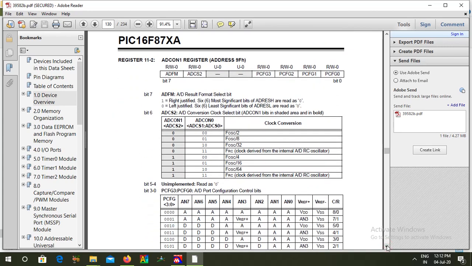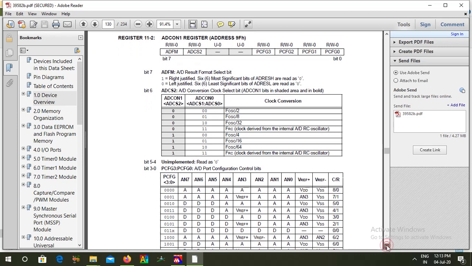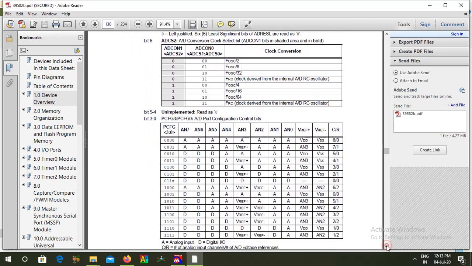Then the AD conversion clock select bit. We keep this also at 0, so we are going to use the maximum conversion clock. Then bits 4 and 5 are unimplemented.